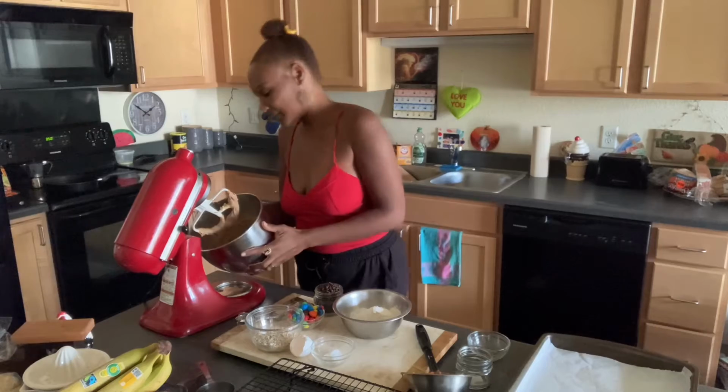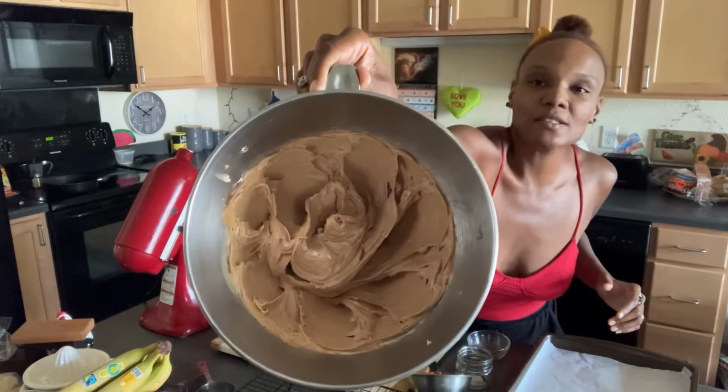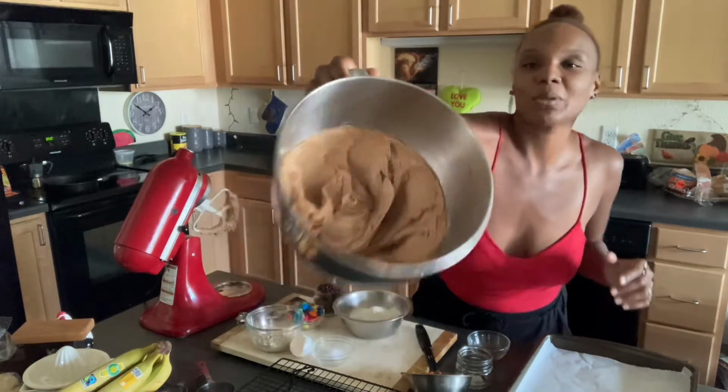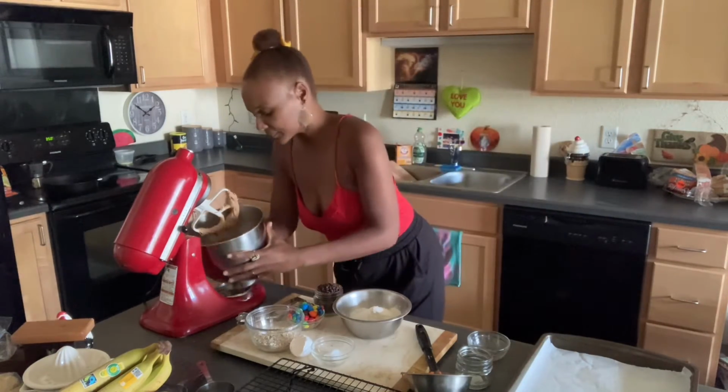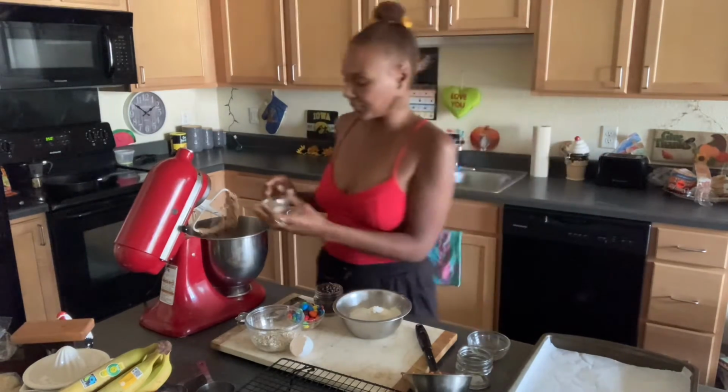Like that, because it won't drip. You can see here, you want it nice and smooth, a smooth consistency, all blended together. All right, so then the next ingredients that we're gonna add is the baking soda,